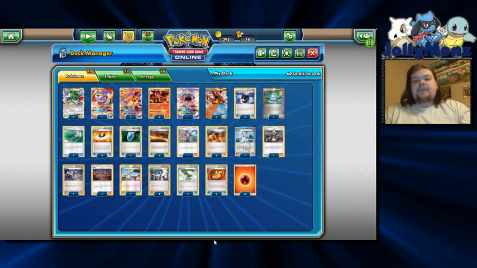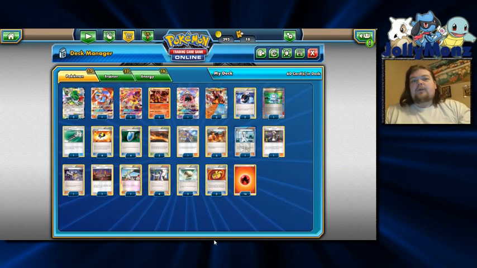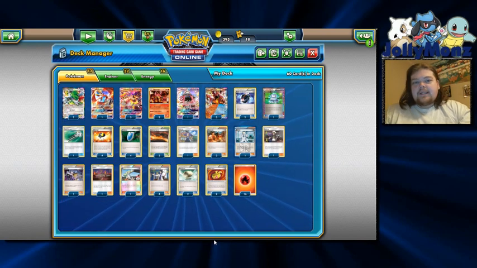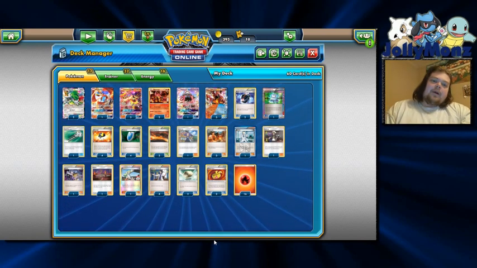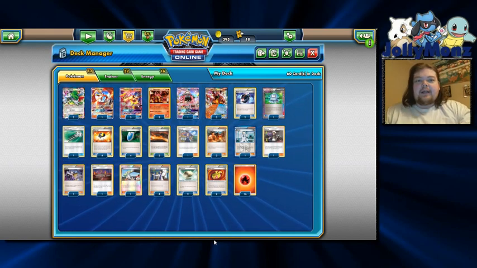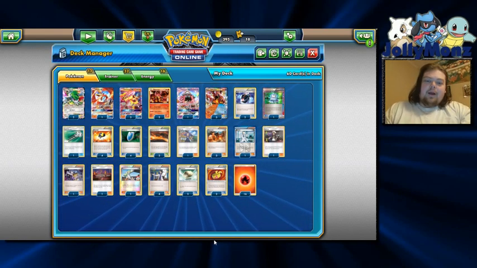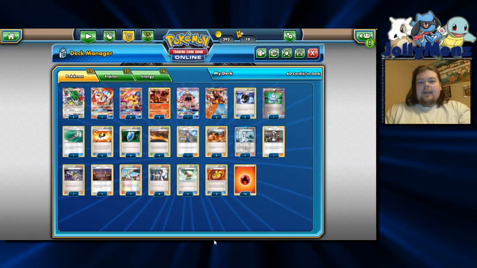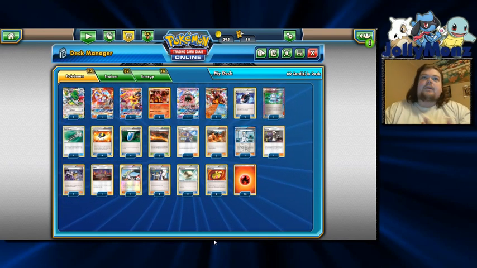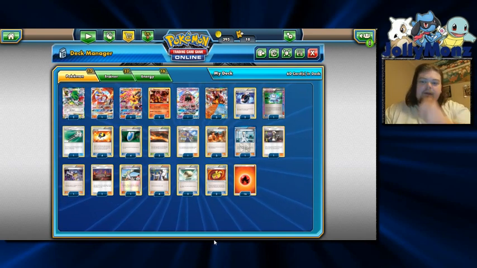Anyway, this is the Turbo Turtles deck that Sam Chen finished second place with at Fort Wayne. Created by Rahul Reddy over at the Chaos Gym. If you want to go check out that channel, very good channel. Anyway, it's a very, what's the word I'm looking for here? Non-item reliant,